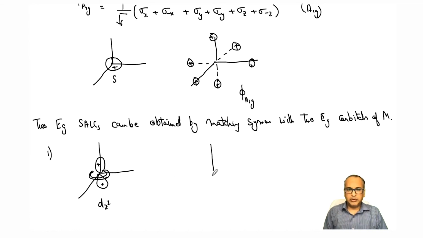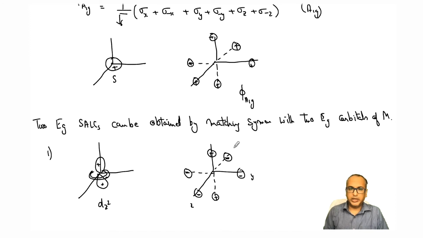And what will be the combination of different atomic orbitals here, which will give rise to the SALCs? So Z and minus Z sides, we will keep them as positive to match positive, positive. And since the X and Y belt is negative, I will put negative phase here. So this is my X, Y, minus X, minus Y. This is Z, minus Z. So my phi